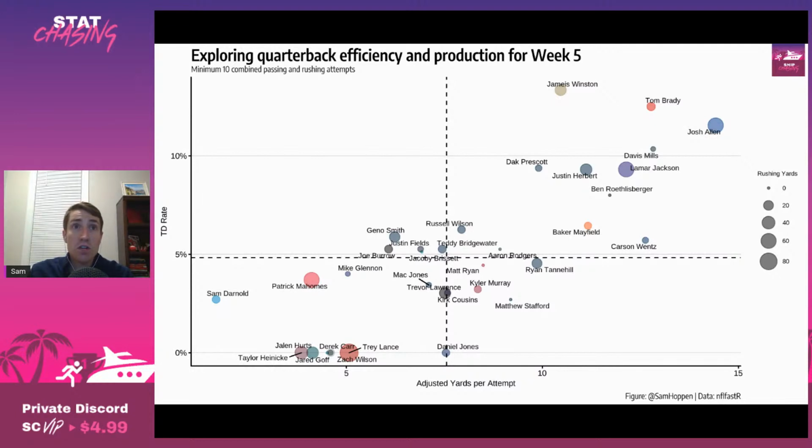Lance actually used, I'm not going to talk about him as a passer that much, but he used his legs a lot more. He rushed it 16 times. And according to Nate Yonke, who's an analyst over at PFF, he said that Lance became just the 6th quarterback to record that many carries in a game since 2006. And Lamar Jackson's done that 14 times, which is just absurd. And everyone else on the list has only done it once.